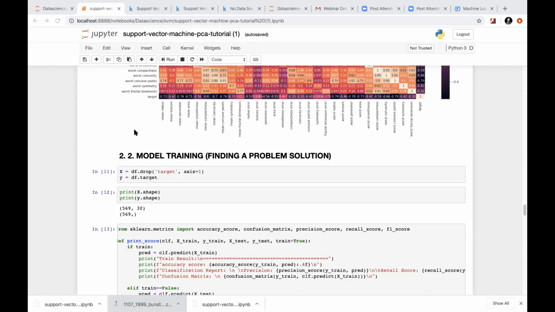Have I answered your question, Venkateshan? So again, you're asking when do we need to choose SVM? You need to choose SVM when, if you visualize the data, you are able to see the variables have linear dependencies on the target. If your features don't have linear dependencies, you can go for other modeling techniques.